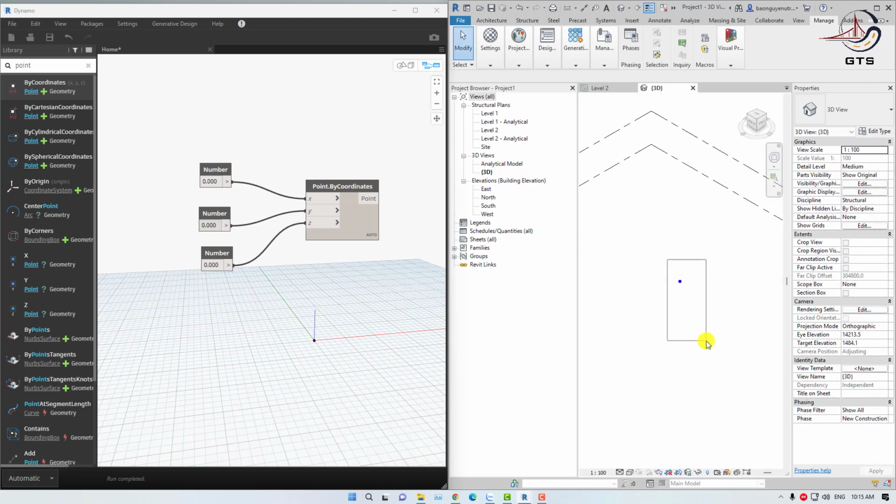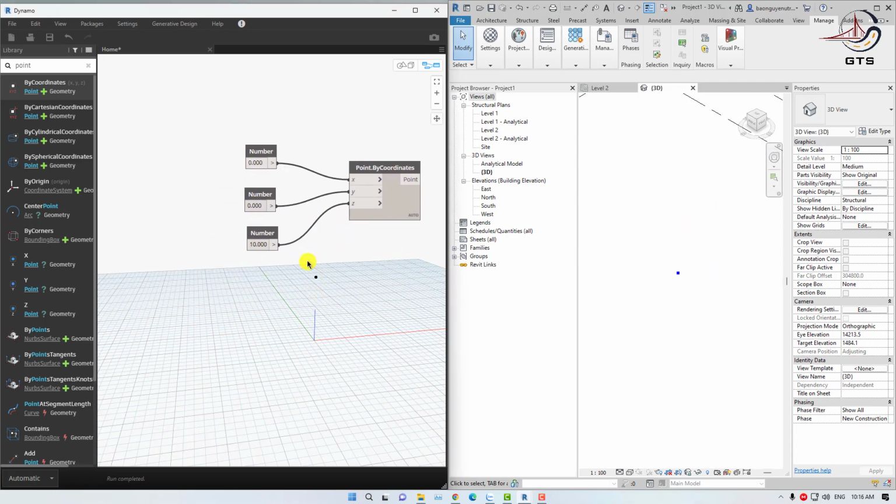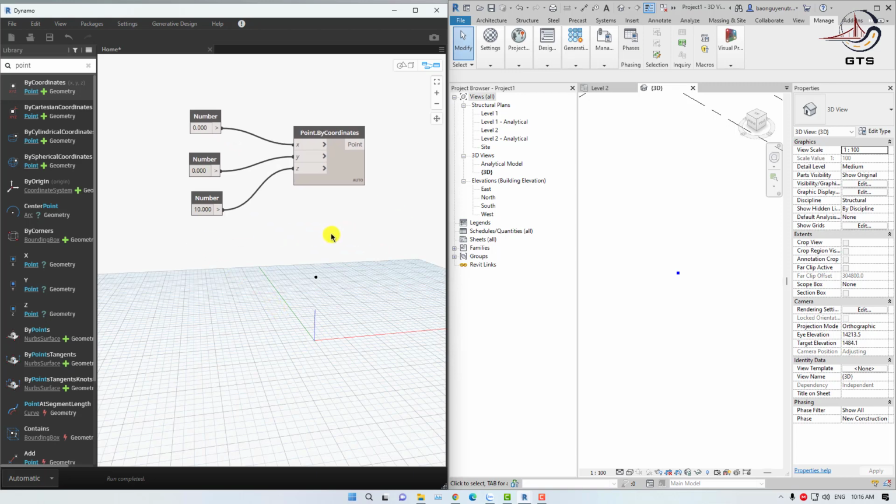Here you see it automated. It means when you change the value here to 10, it's going to run automatically. I'm going to create two points, and it makes it easier. Or maybe you can see 0 here, 0 and 10. Or maybe you want to create two points, you can use it